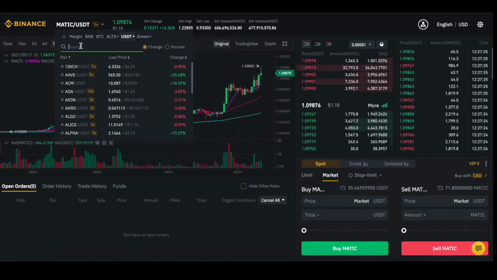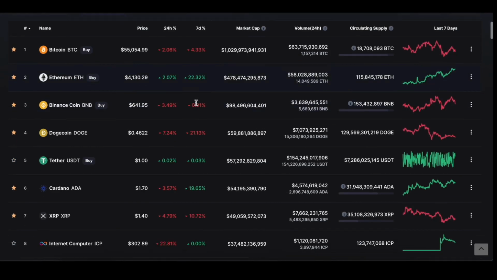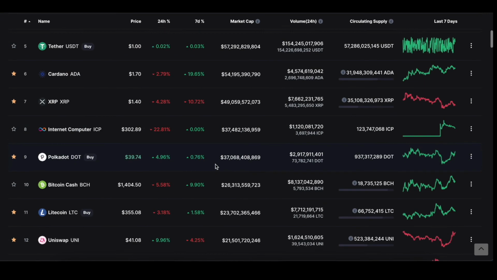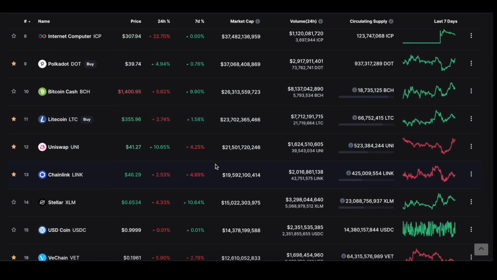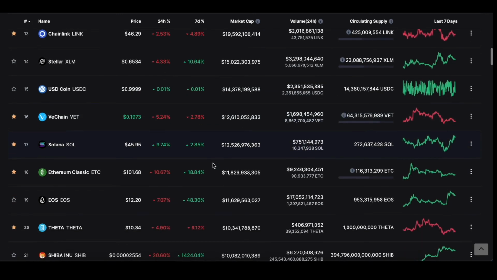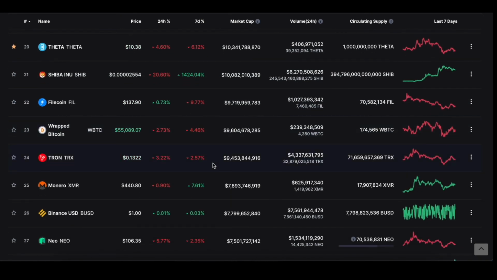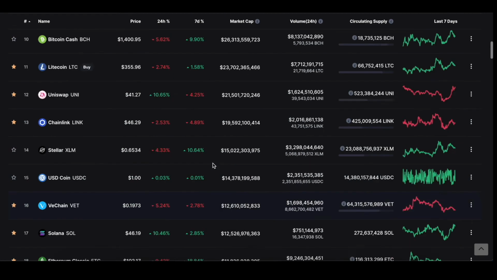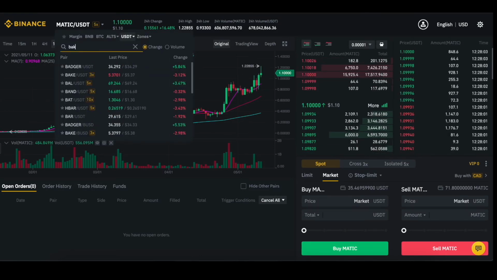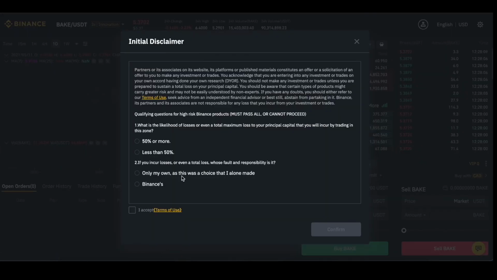And then now you just select which one you want to purchase. So now I'm going to go into cryptocurrency and pick the one that I want to buy. I could always buy Binance coin because it's going to gradually go up. But I want to diversify my portfolio here. So what I'll do is I'll pick the one that's doing not so hot right now and get into that. So what I will do is I'll pick a bakery token. So I know it's bakery is bake. So I'll do bake.usdt,